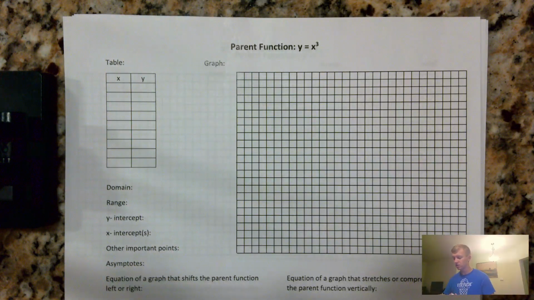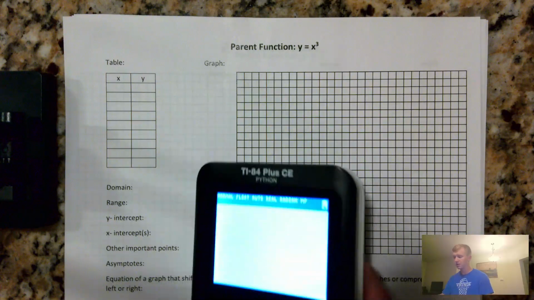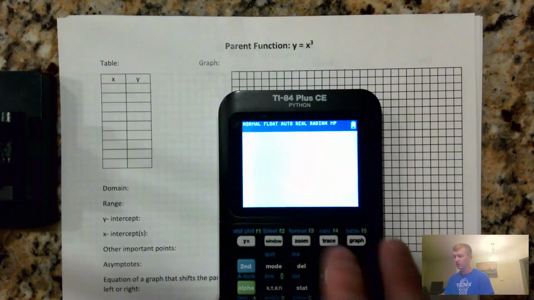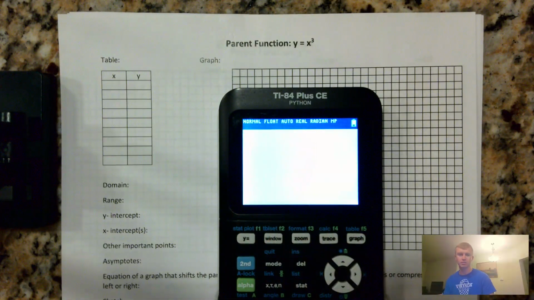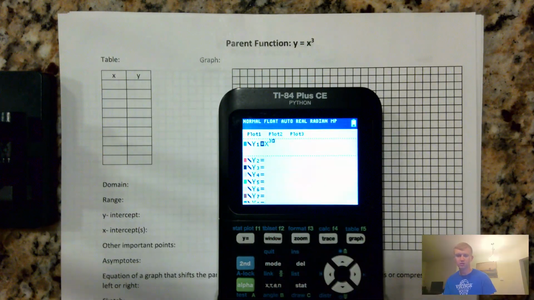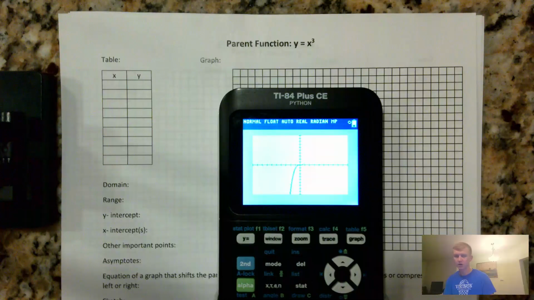We're going to start with what the parent function looks like, and show you how to graph it as well. You have the y equals function here, so we're going to hit the y equals button, and then I'm going to plug in x cubed so you can see what it looks like. You can use the caret key and then find it. Then hit the graph button, and what you're going to notice then